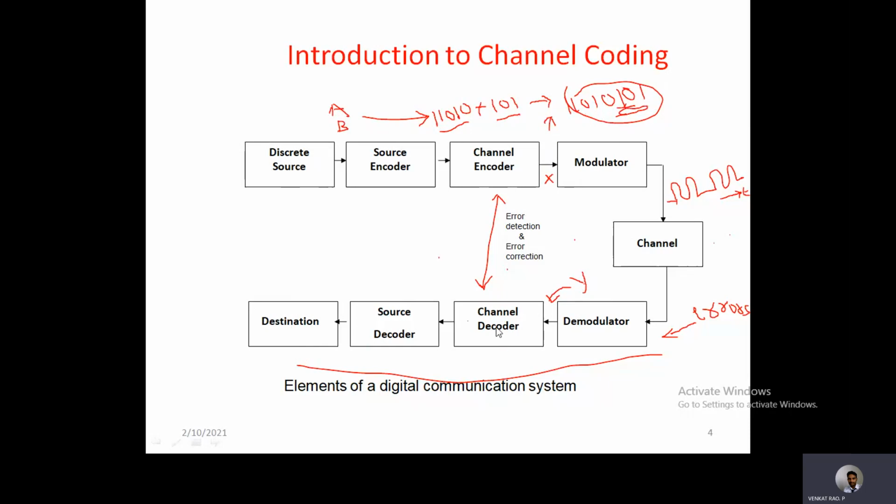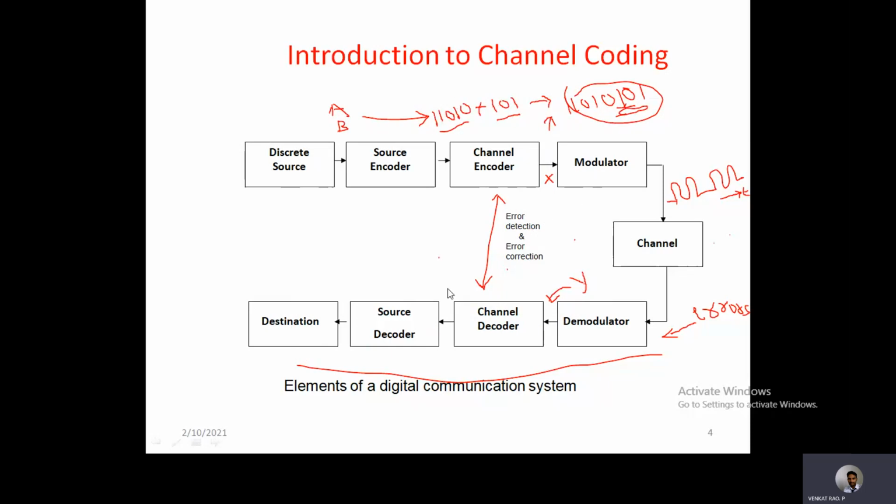The purpose of the channel decoder is, first, to identify where the error is, so it will detect the error. It identifies that here there is an error, here there is an error, like that. And after identification of the error, the channel decoder will automatically correct it. So instead of 0, if you receive 1 here, that 1 will be corrected back to 0. After the channel decoder, the corrected data is produced, and after removing the parity bits, the original message is received. So the channel decoder will detect errors, correct errors, and remove parity bits.